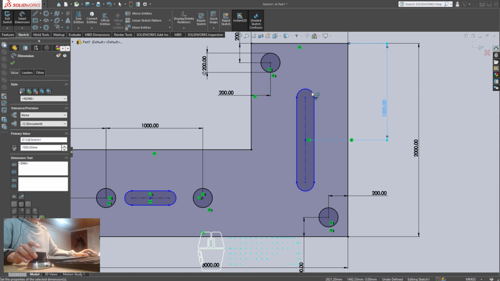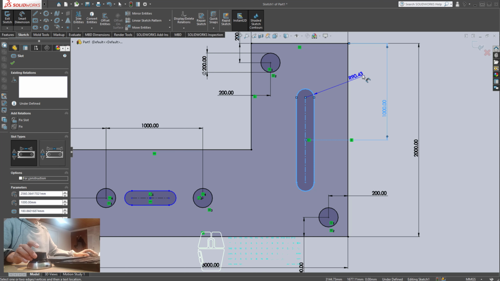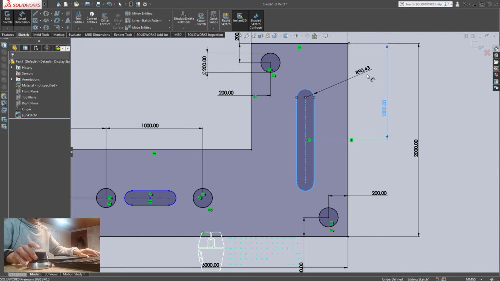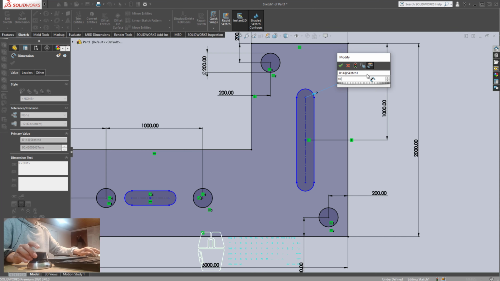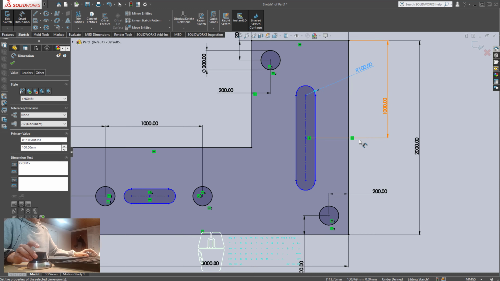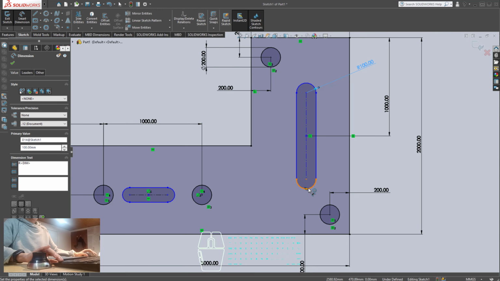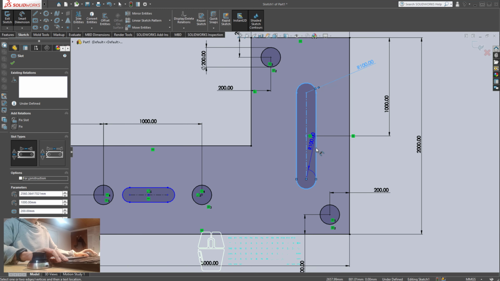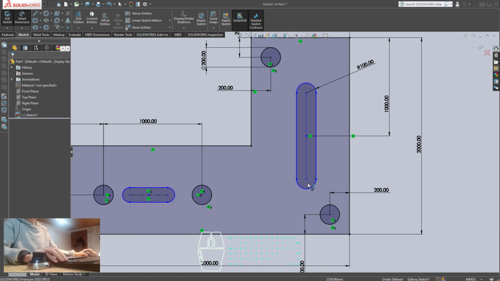The radius, or the diameter, okay, the radius is equal to 100. And now what's left is to define, escape, shift key